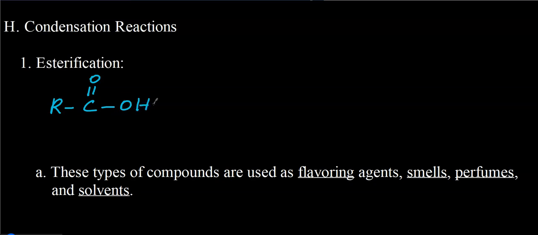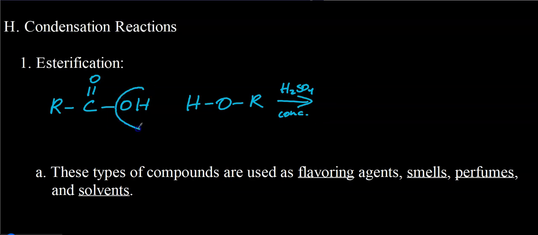So here's our acid. And here is our alcohol. And this reaction usually occurs in the presence of concentrated sulfuric acid. So I'll put that up here. So concentrated sulfuric acid. All right, so what happens is the hydrogen from the hydroxyl group of the alcohol and